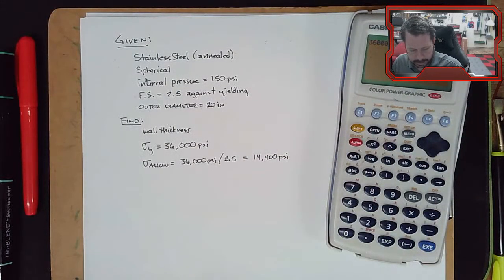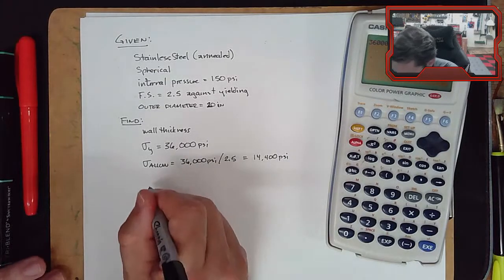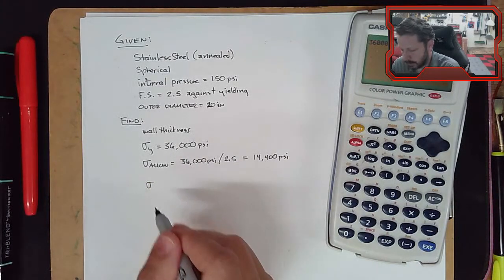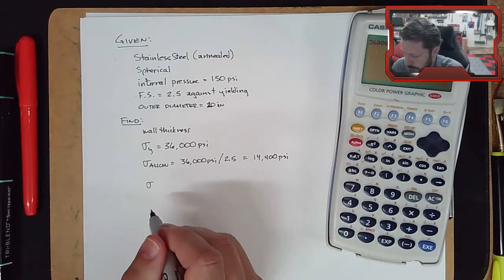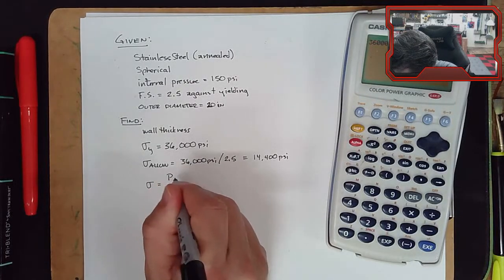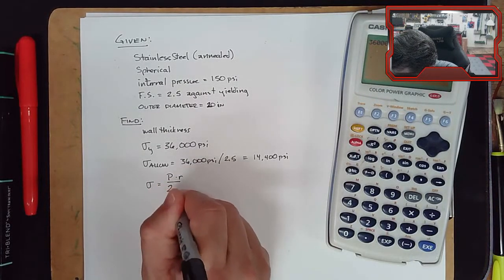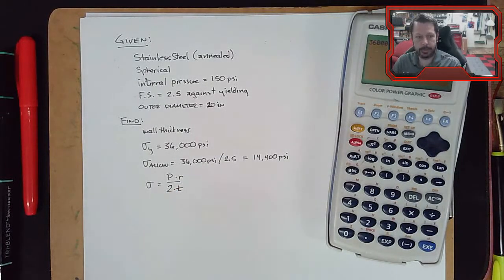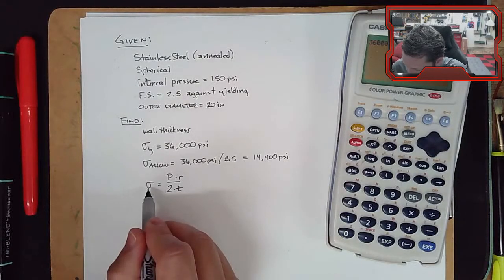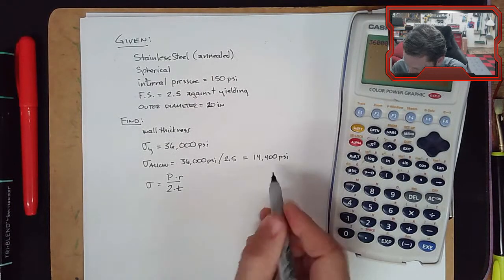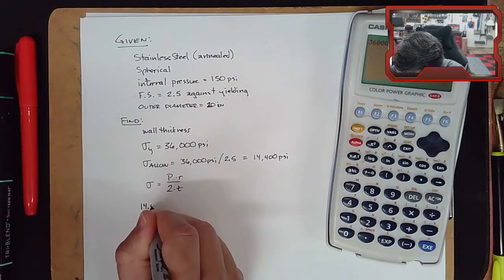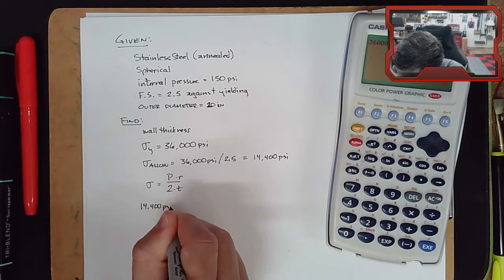Now we've got that, and we've got our equation. Sigma, the maximum stress in the wall of a spherical pressure vessel, equals PR over 2T. So we just derived that equation for the sphere. Our maximum stress that we're going to allow is this number, 14,400 psi,